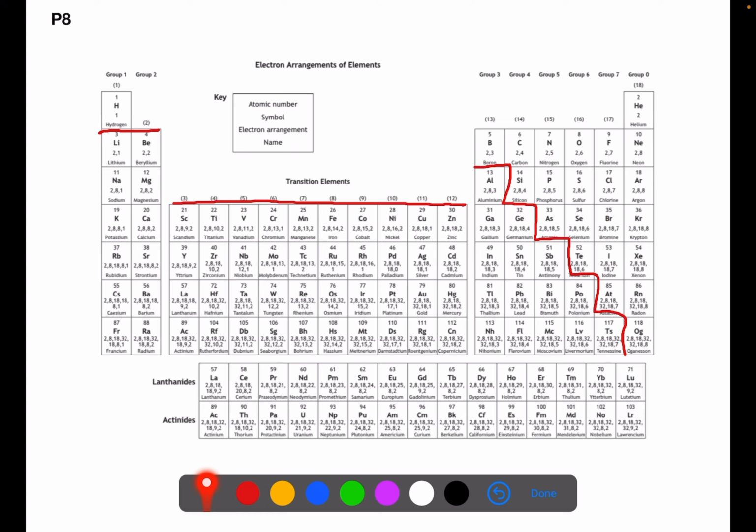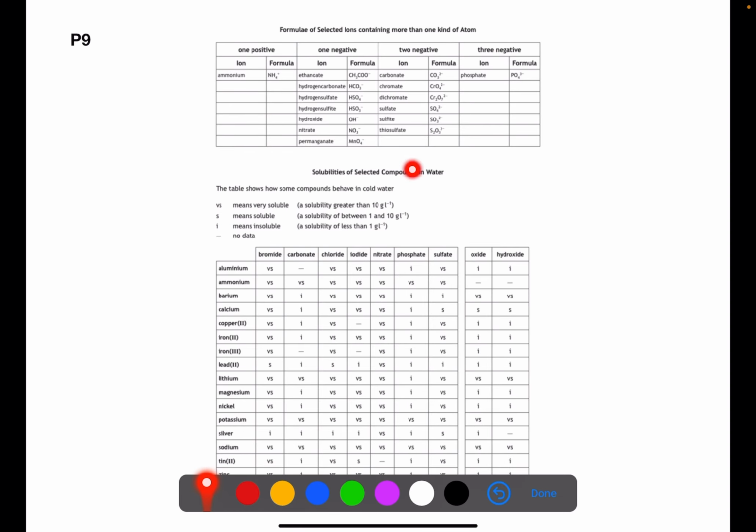This periodic table shows you the atomic number, the symbol, the electron arrangement, and the name for each of the elements on the periodic table. This is particularly useful when you're looking at the transition metals, where electron arrangement will be key to both their colour and their charge. Page 9 shows you the group ion table at the top, which is useful for writing